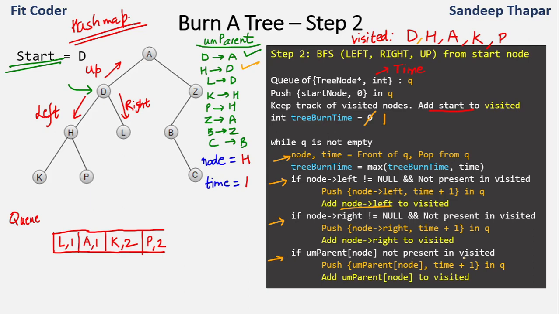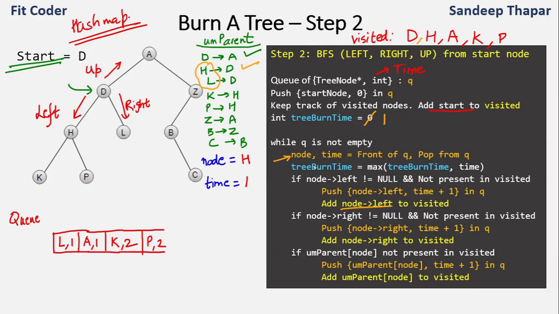We have added the visited check because we do not want to evaluate a vertex more than once. For example, the parent of H and L both is D, so the up pointer of both H and L will point to D. In order to avoid these situations, we have kept a visited set so as to evaluate a vertex only once.